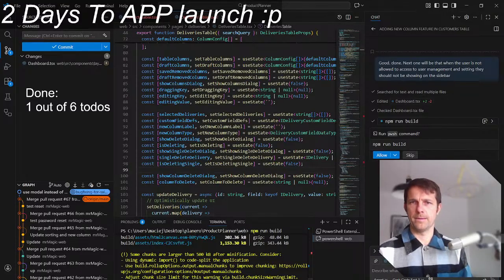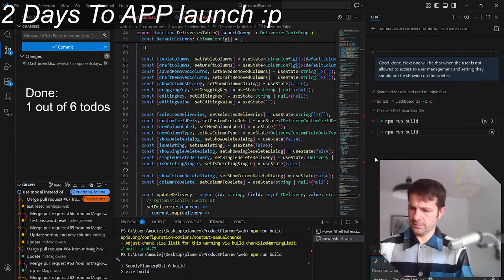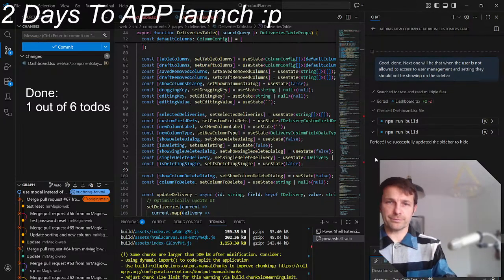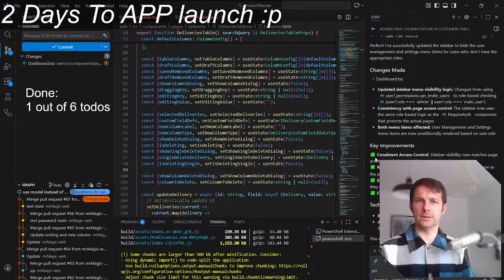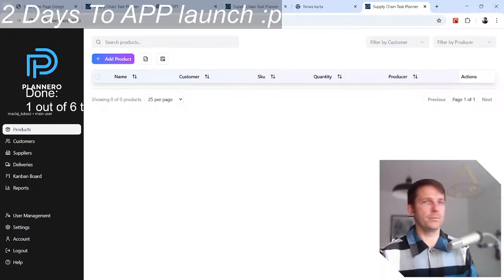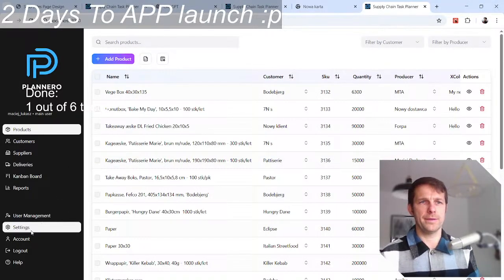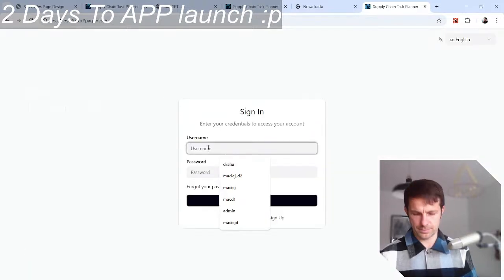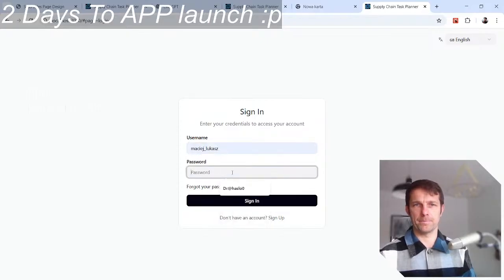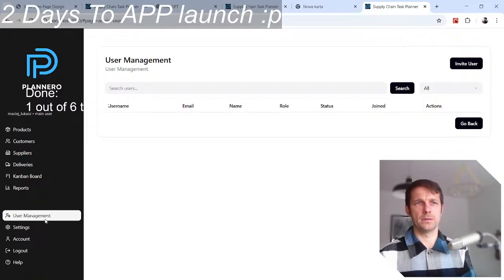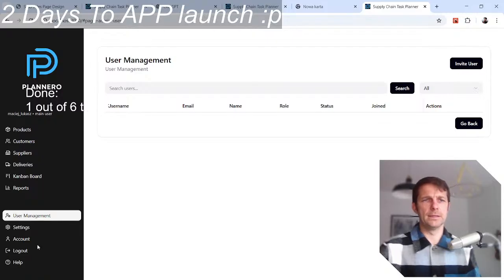PM dev. Why build? Good. So we're supposed to have the second one, dev. So I think we're going to have task number two. For example, now I have access to do those. Let's log out and let's use the other guy. And this one has also, but he can see it. Main user. Oh, okay, this guy is also main user. I thought he's like a... Okay.